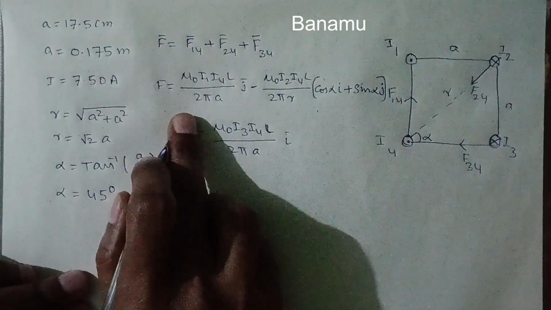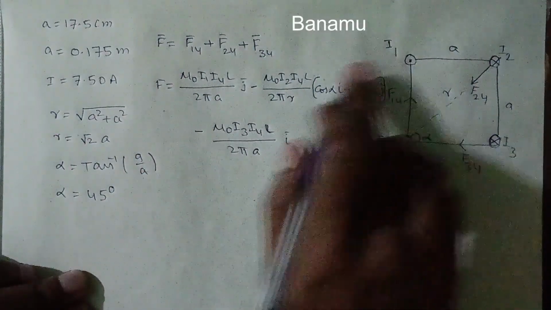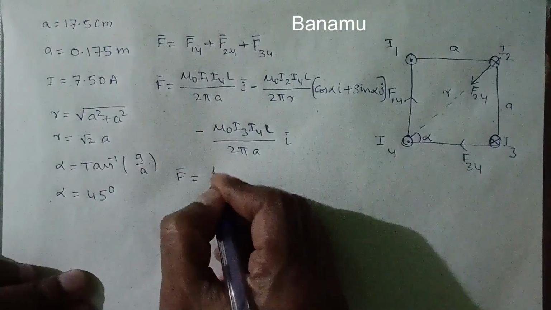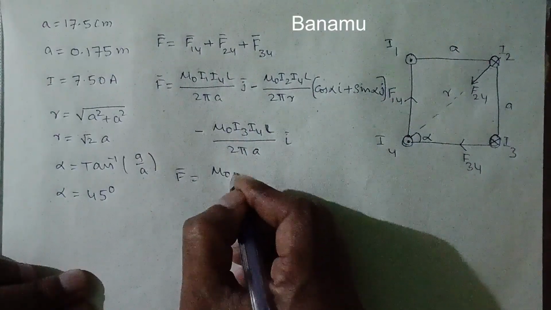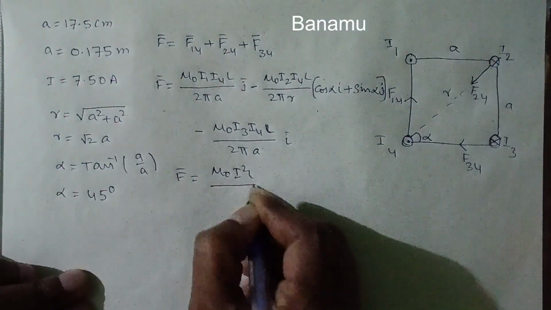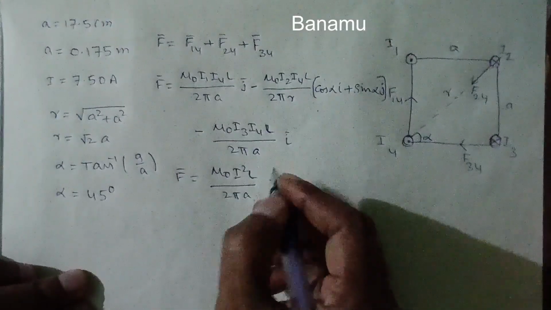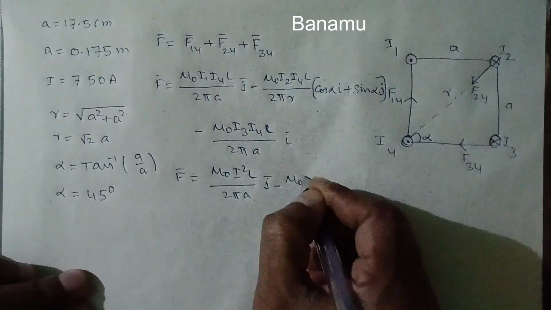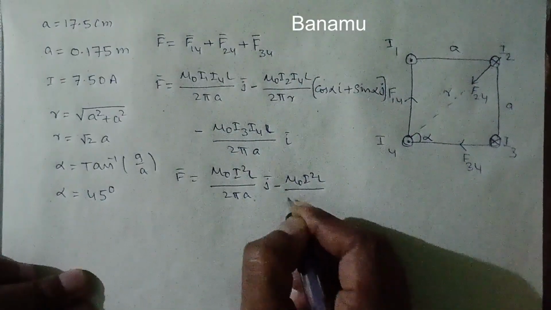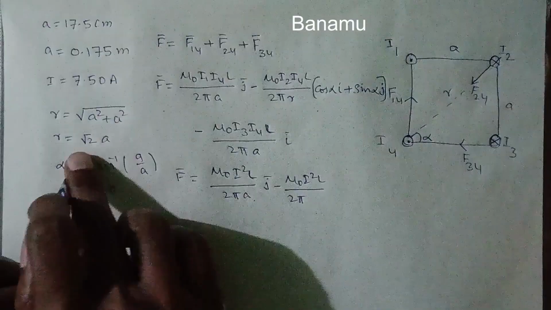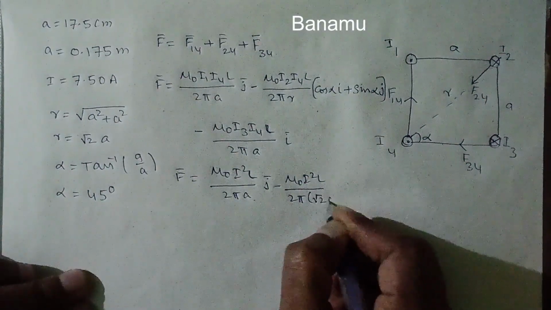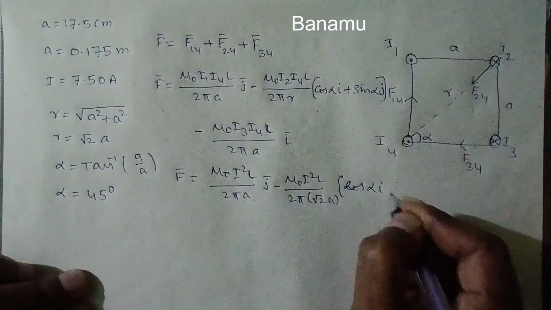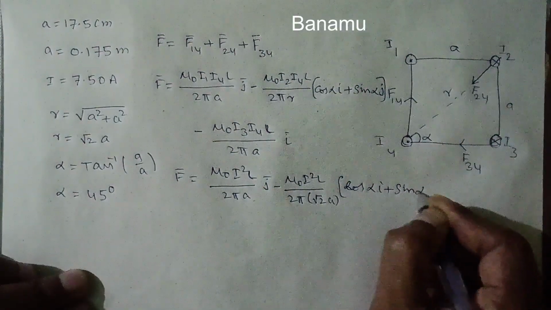So from this equation, the current carrying each wire is I. So F bar is equal to mu naught I square L by 2 pi A, the direction along j bar, minus mu naught I2 I4, meaning mu naught I square L by 2 pi R, where R is root 2 into A, so root 2 A into cos alpha i bar plus sin alpha j bar,